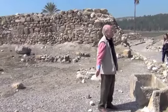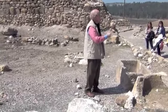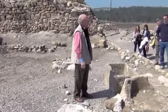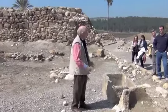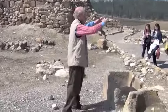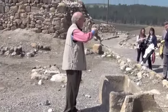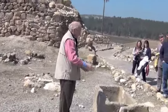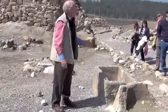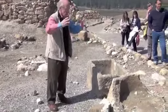Never seen cups except in the Chalcolithic period, a kind of an ice cream cone type of cup. And I think when David wrote the 23rd Psalm, my cup runneth over, it's a horse tank, and he's thinking of water so copious that it's overflowing the horse tank. We read it and we think, my cup runneth over, little teacup. But these were horse tank water for the horses, and they were in all of the storage barns, or the...